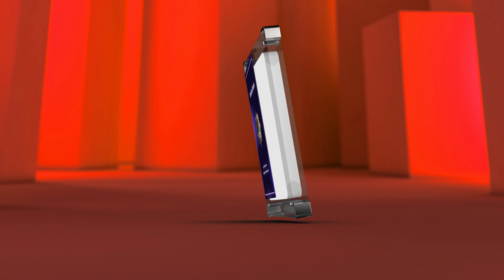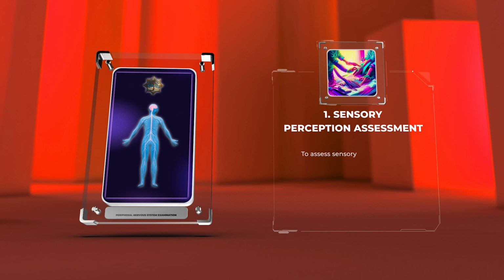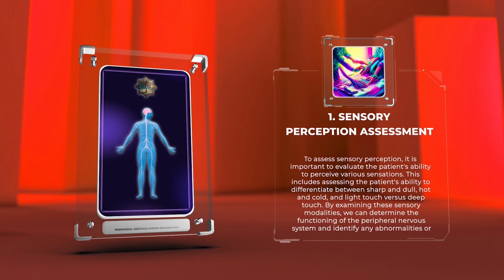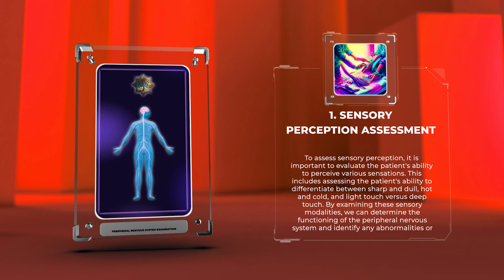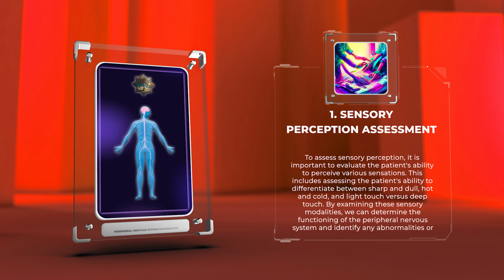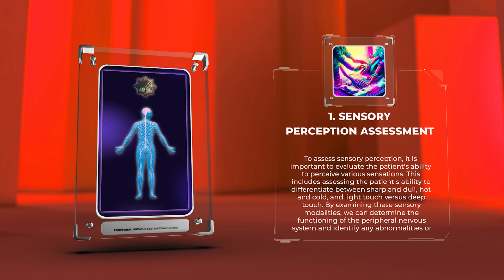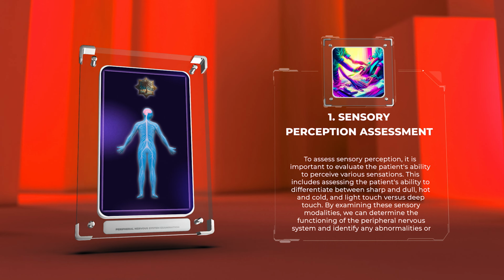To assess sensory perception, it is important to evaluate the patient's ability to perceive various sensations. This includes assessing the patient's ability to differentiate between sharp and dull, hot and cold, and light touch versus deep touch. By examining these sensory modalities, we can determine the functioning of the peripheral nervous system and identify any abnormalities